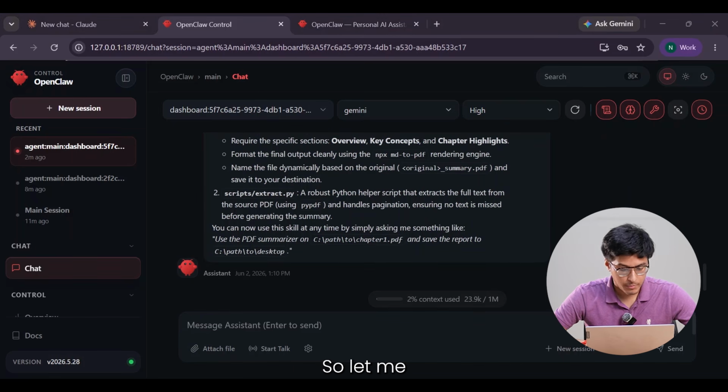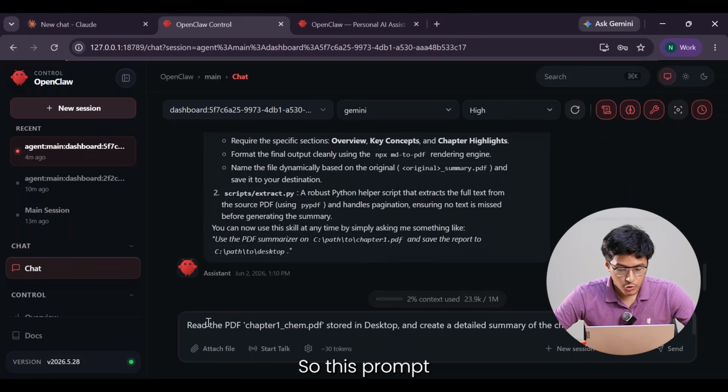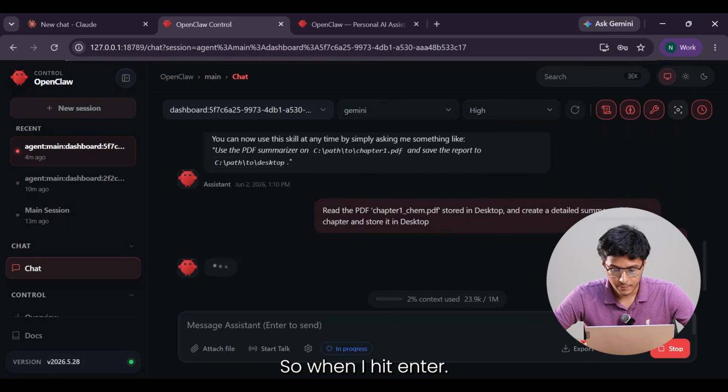So let me paste my prompt here. So this prompt says read the PDF, chapter 1 chem.pdf stored in desktop, and create a detailed summary of the chapter and store it in desktop. So I have a PDF of the class 10 chemistry chapter 1 stored in my desktop, and I wanted to read it and create a summary for that. So when I hit enter,